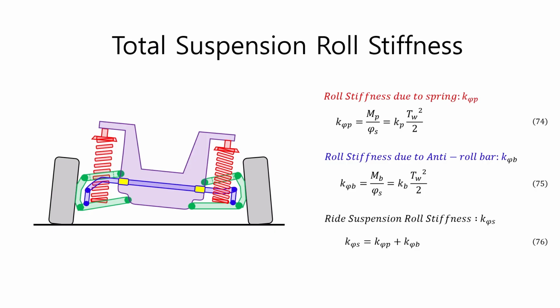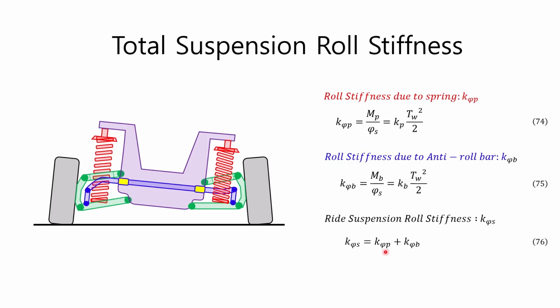Now that we have the roll stiffness of the spring and the roll stiffness of the anti-roll bar, let's find the total suspension roll stiffness by combining the two. So far, we have obtained the roll stiffness of the spring for the entire vehicle, K phi p, as in equation 74, and the roll stiffness of the anti-roll bar for the entire vehicle, K phi b, as in equation 75. Since the spring and the anti-roll bar are mounted parallel to the sprung mass, the suspension roll stiffness of the entire vehicle, K phi s, generated by these two can be obtained by simply adding them together, as in